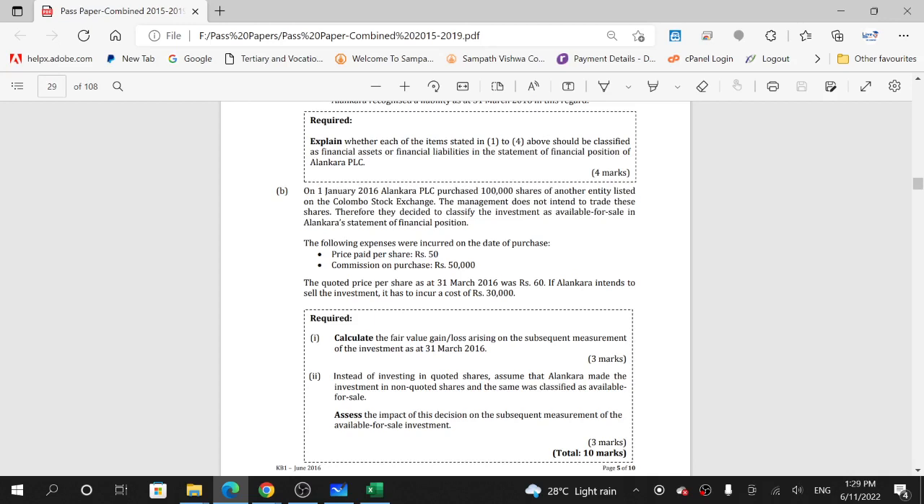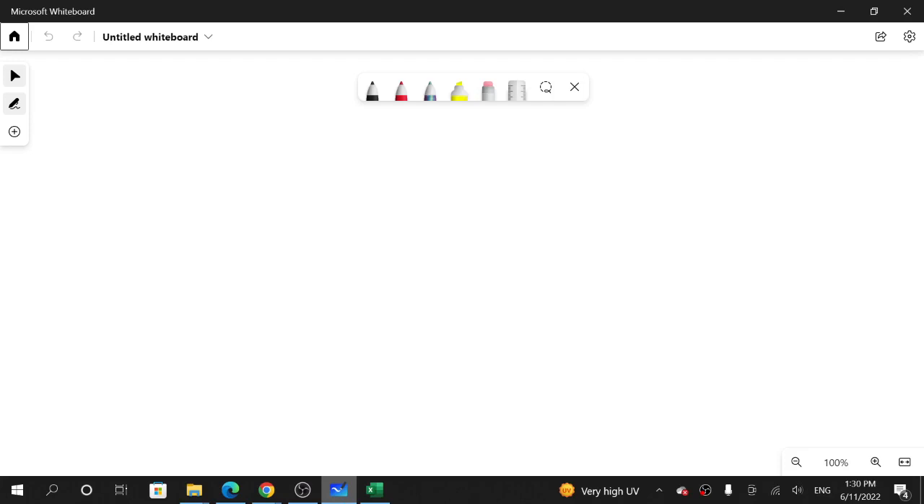The management does not intend to trade these shares. That word is important. What they are saying is, they do not intend to trade these shares. Their intention is to keep the shares for a long period of time. Now we know, as per the classification, when it comes to shares, or we can call it equity,